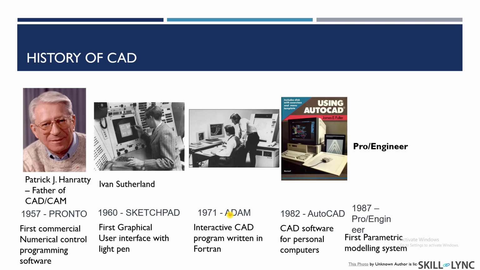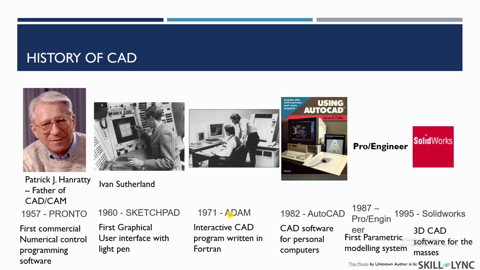Next came Pro Engineer in 1987, which introduced modeling techniques that use the parametric technique. It means that you parameterize the dimensions and put in constraints so that you can scale the model effectively whenever you want. This was widely picked up by a lot of industries where they have a base model and then scale it up to different versions. This helps them to quickly accelerate the work they put in. So this was again a revolution in the industry at that time.